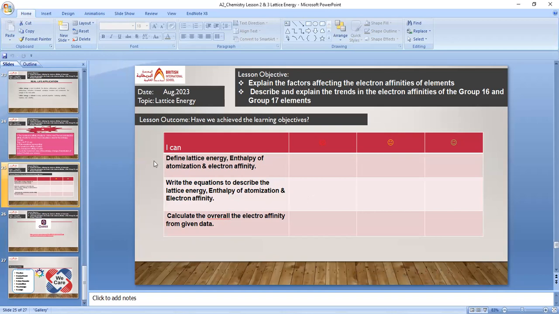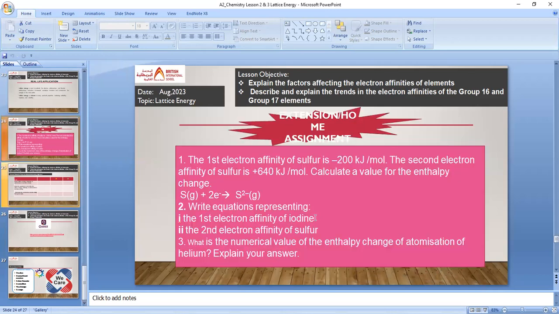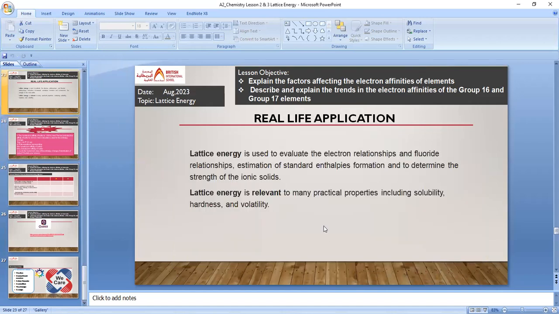No, no. One more up. Here, the lattice energy, why does it have two? It's just saying about two types of properties. Practical properties. And the other one,